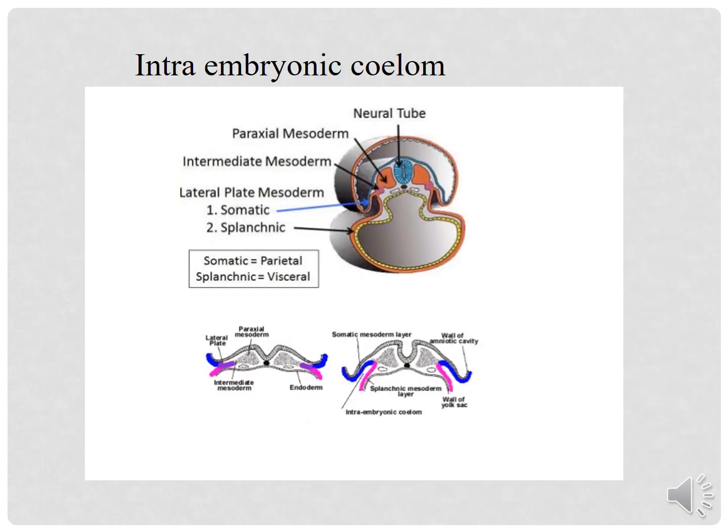So in this diagram, we can see how the intraembryonic mesoderm has three parts. Paraxial mesoderm, which is close to the midline, which will result in the formation of somites, and intermediate mesoderm, which is like a very thin cord, and the lateral most part is lateral plate mesoderm. And here we can also see that there are certain changes occurring in the lateral plate mesoderm, and there is a formation of space or coelom in the lateral plate mesoderm.